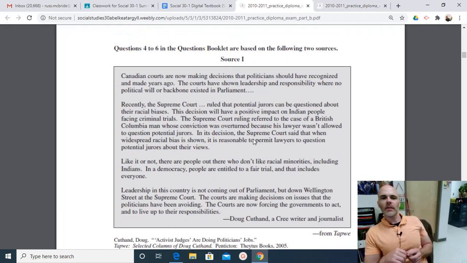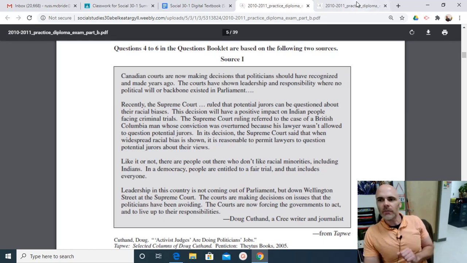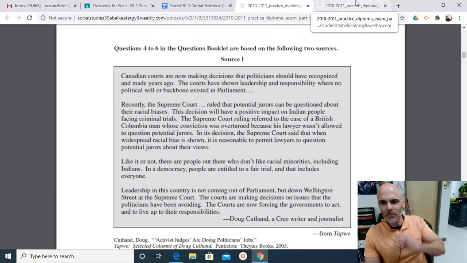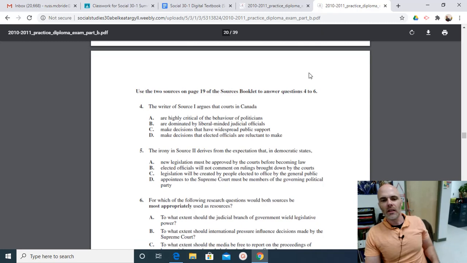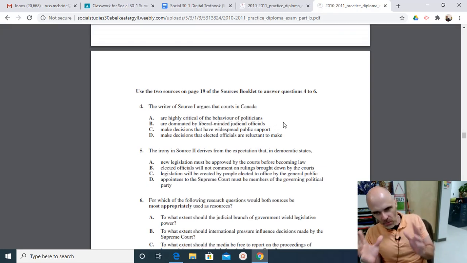Good stuff. Canadian, oh, no, I almost messed up, didn't do my own rule. What's the question? The writer of Source 1 argues that courts in Canada are doing something, right? What are courts in Canada doing? So the argument is trying to make a point about courts in Canada. Or is it that courts in Canada are highly critical of politicians? Again, pause. What might that look like? They might talk about,